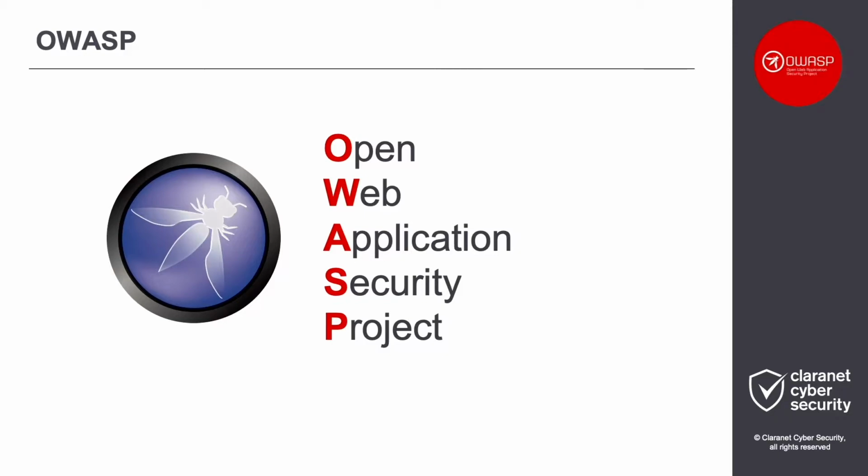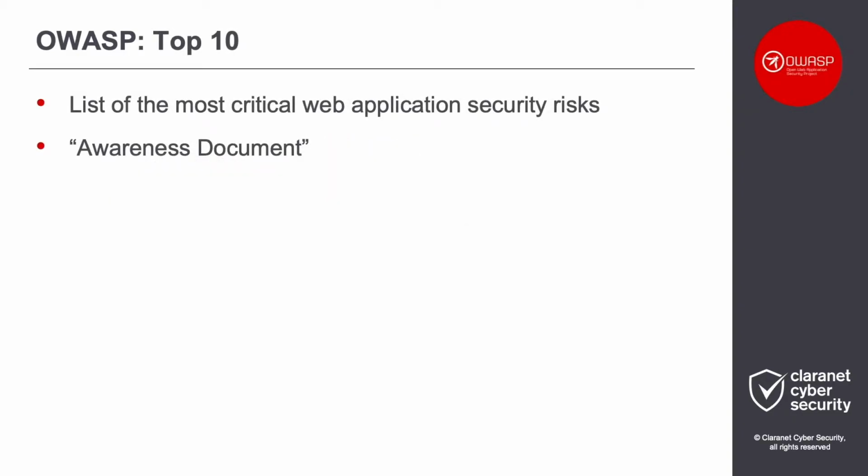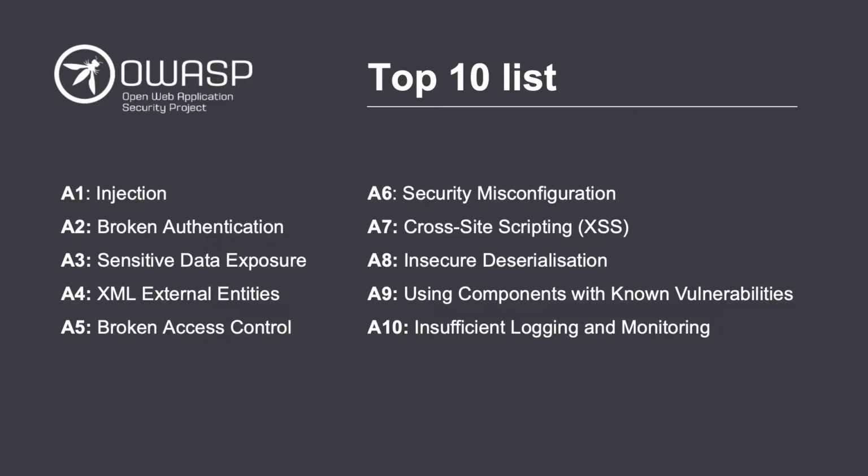So OWASP stands for the Open Web Application Security Project. Their aim is to provide cybersecurity suggestions completely free of charge so that anyone can use the information to improve the overall security posture of their cyber systems. Their top 10 list is a list of what they deem to be the most critical web application security risks, and they provide this information in what they like to call an awareness document. As you can see here, this is the list of their top 10 issues, and today we'll be focusing on